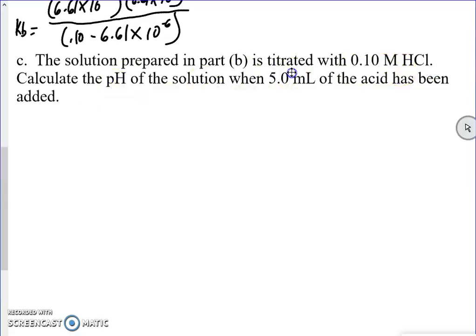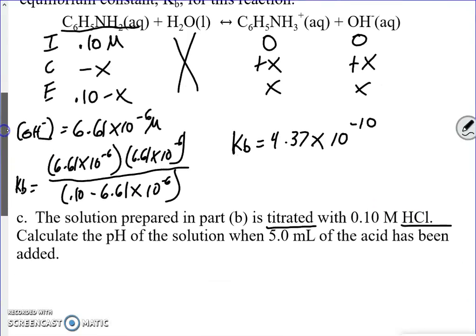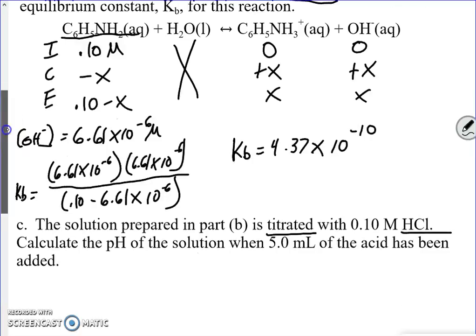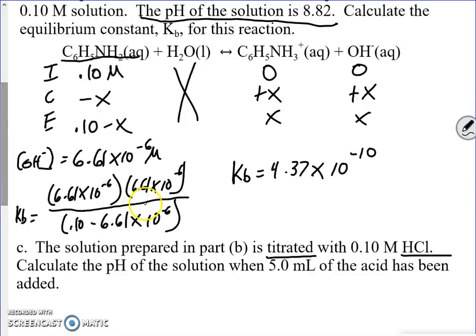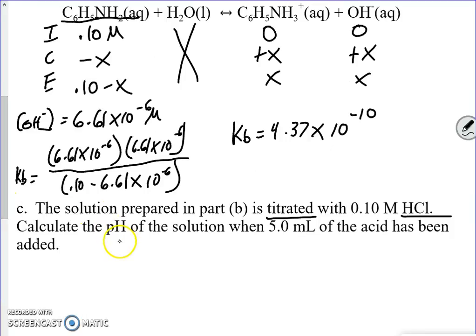So remember, titration is where we actually have a reaction. And what we're given here is an acid. So in other words, we have a base to begin with, which is this guy right here, okay? And we have an acid. Those two are what's reacting. So our first step with this is to actually write a reaction, kind of like what we did in honors chemistry, where you have a reaction and you're trying to do stoichiometry calculations, then you have to write the reaction. So our reaction is going to be